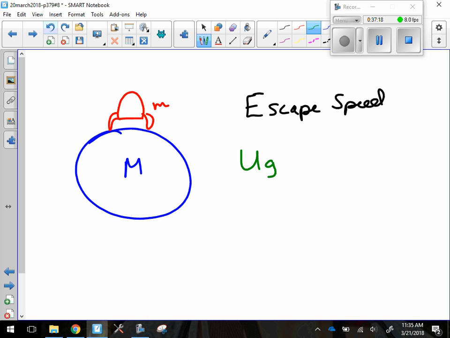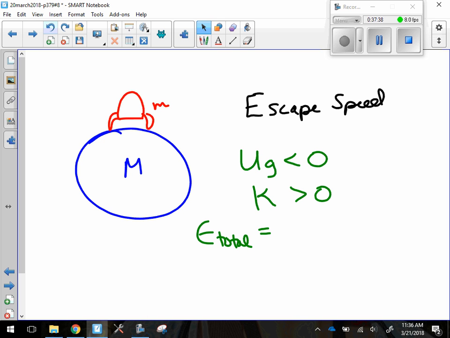So remember that U_G is less than 0, right? And what does kinetic energy always have to be? Greater than 0. Okay. So our total energy, we will pick this up tomorrow because we have plenty of time tomorrow. At least